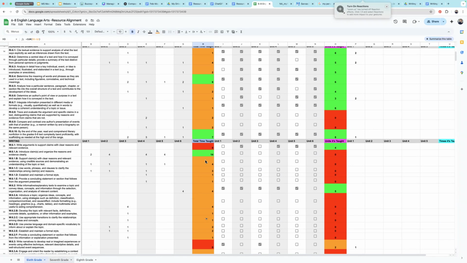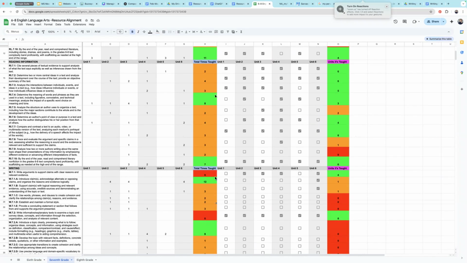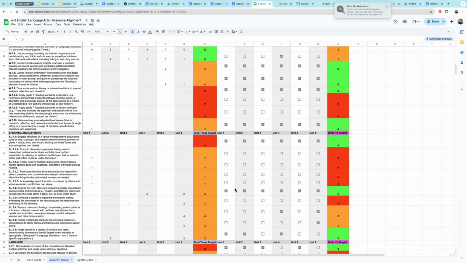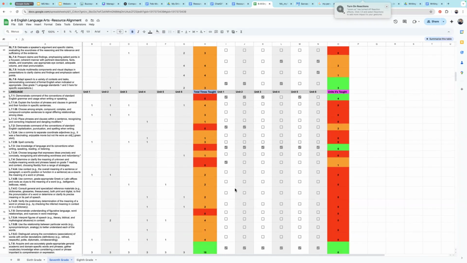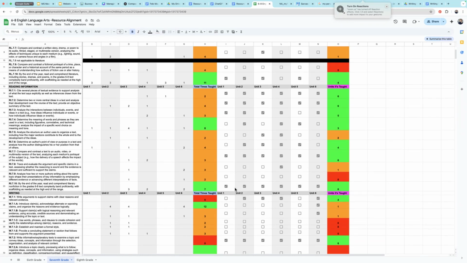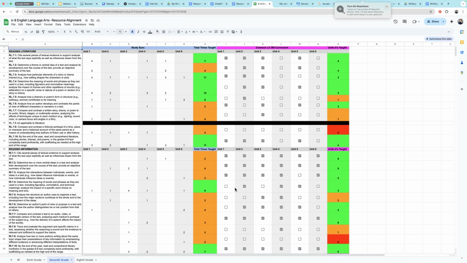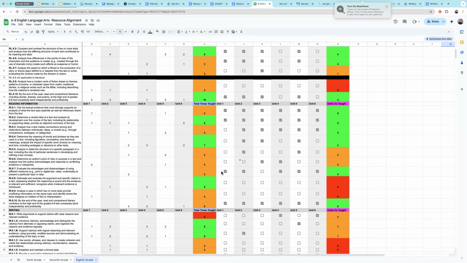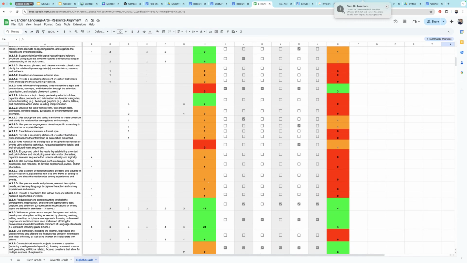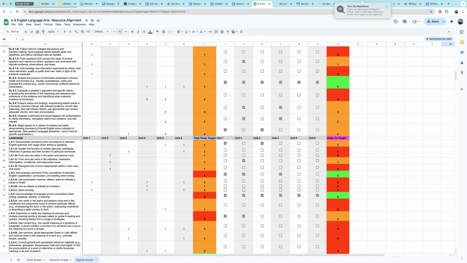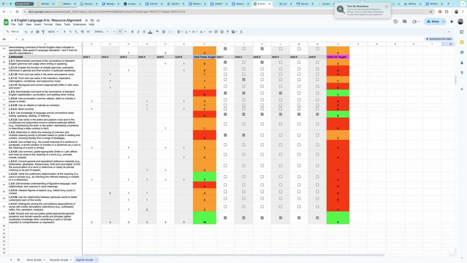Now, what I can do when I do this work for districts and our team does this work is we can talk about the trends that we notice across grade levels. Some of these resources are in what people consider green on some reliable different sources that people go to. But you can see that even though the standard might be taught, it may not be taught enough, at enough depth, or on standards that are high leverage standards.